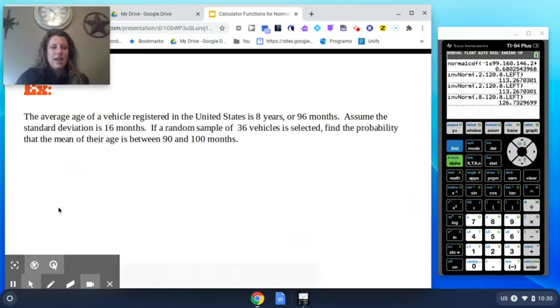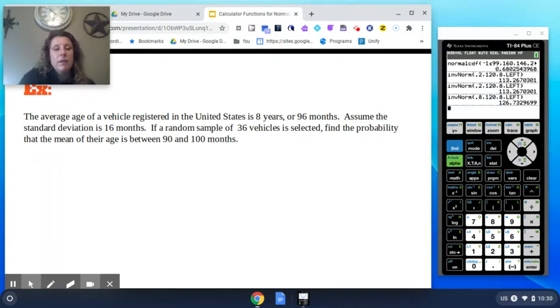Okay, here's the last example that we're going to take a look at. The average age of a vehicle registered in the United States is 8 years or 96 months. Assume the standard deviation is 16 months. If a random sample of 36 vehicles is selected, find the probability that the mean of their age is between